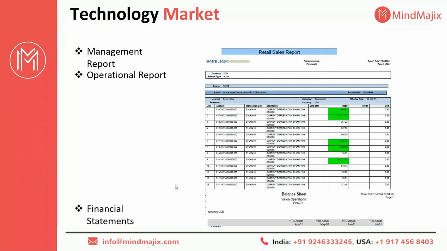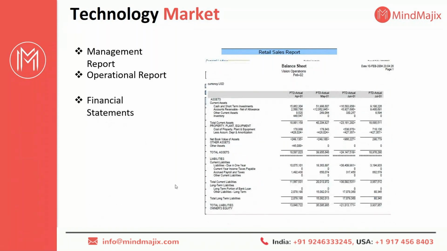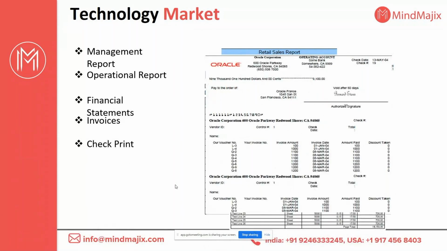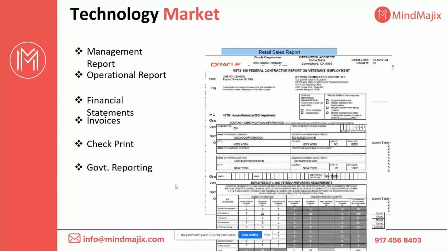And then the financial statements. As I said, year on year or quarter on quarter, they need financial statements, so those can also be generated. Or invoices: if they have certain products they are selling, they need to send invoices, so invoices can also be generated. Or check prints: they might need to deliver certain fund transfers, EFT, or whatever fund transfer protocol they are using. They need to send or receive those transmissions from their financial organization, so those things can also be supported. And if the organization needs to file certain requests with the government, or get some authorized approval from the government, those need to be in a certain format.